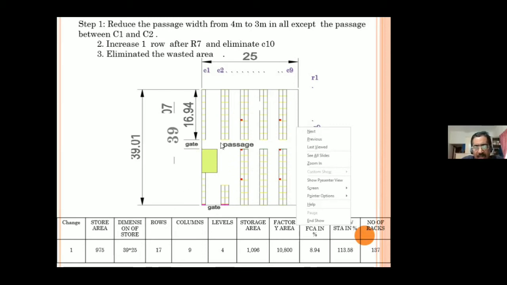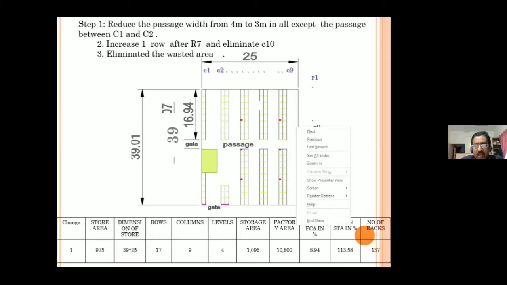And this 4 meter passage is pretty wide, you know. Normally, the forklifts are entering and going through this passage straight. So you don't need a 4 meter passage. You need only a 2 meter passage for the forklifts to move forward or backward. Only to turn, you require a bigger passage.